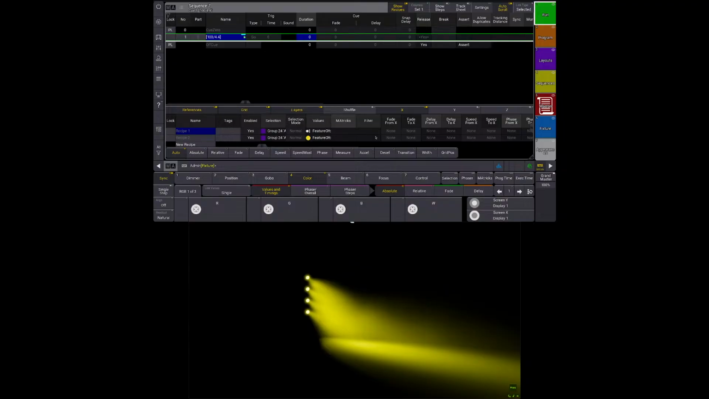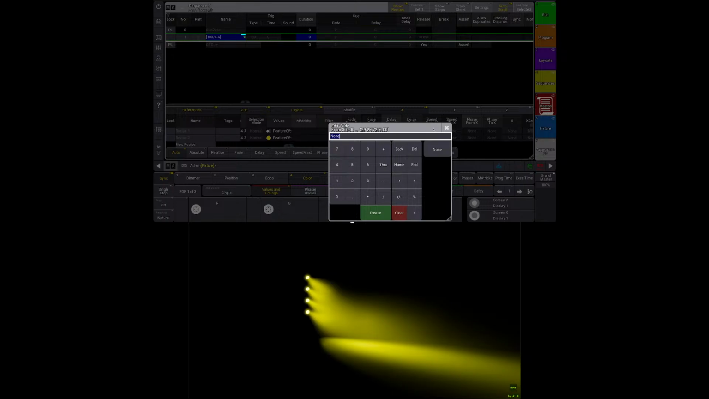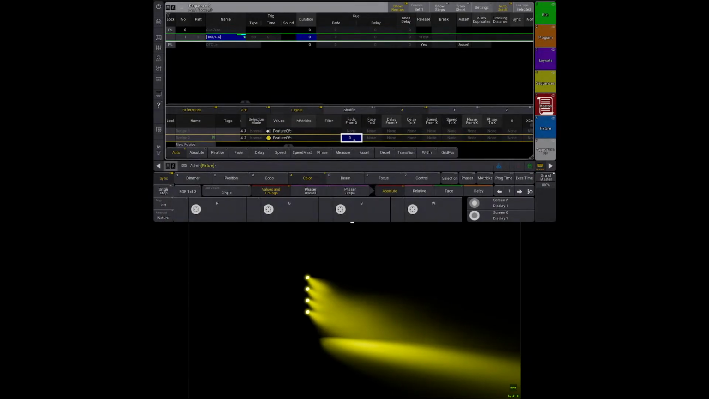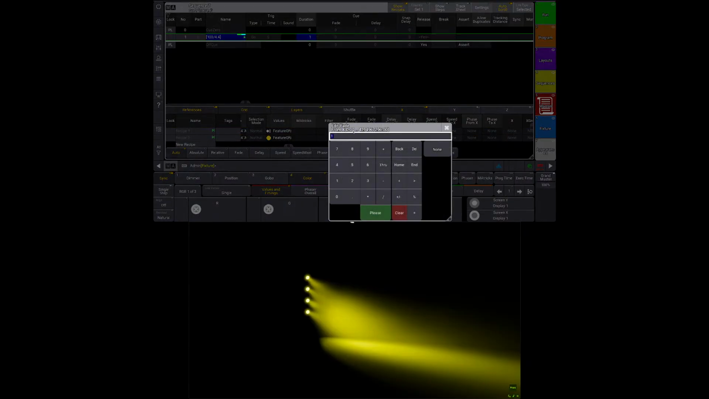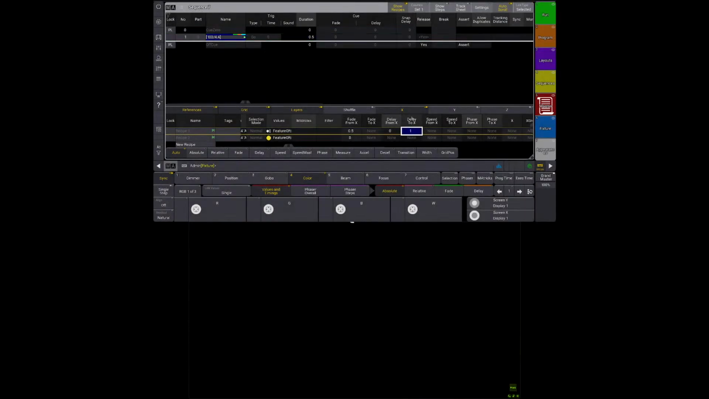I'm going to come over and let's say I want to make this color fade in immediately. We'll let it take, I'm being indecisive, we'll let this take half a second and it will come in from 0 to 1 second. So when I turn this off and I hit go,